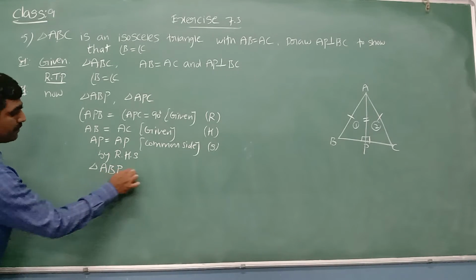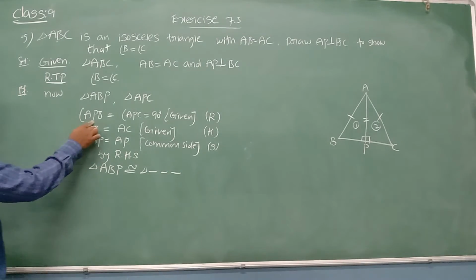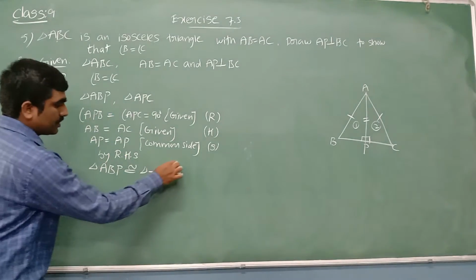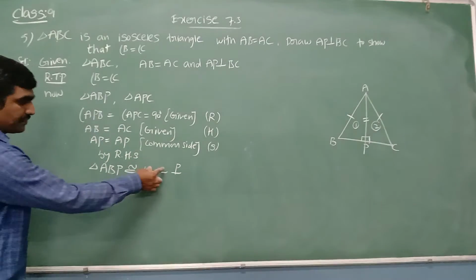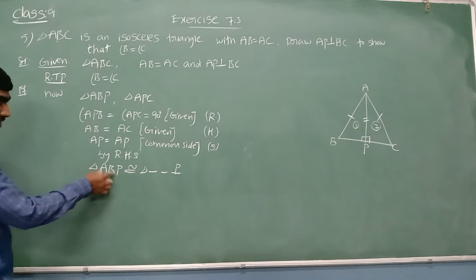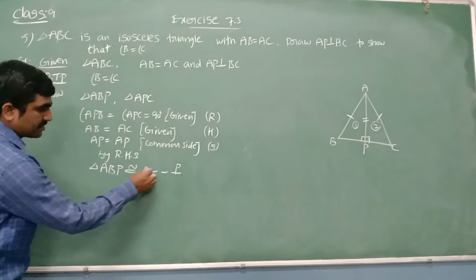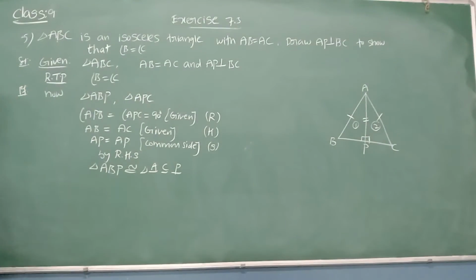Triangle ABP is congruent to triangle ACP. We keep the order: P is equal to P, P at last, here also P last. AB equal to AC, AB first two, here AC. AP equal to AP, AP first and last, here also AP first and last. What is the remaining letter here? C left. That is the correct symbolic form.